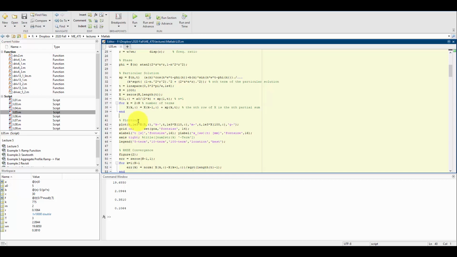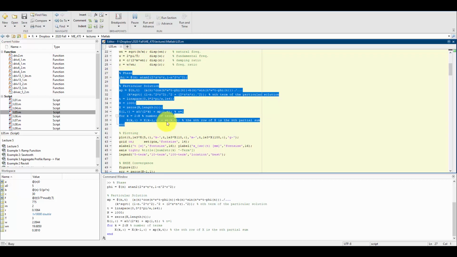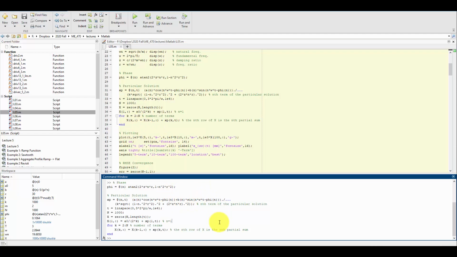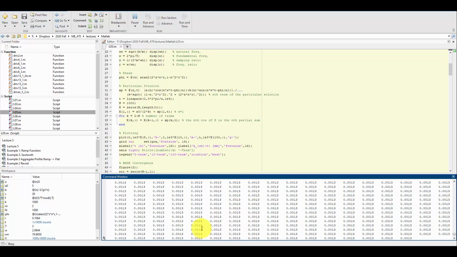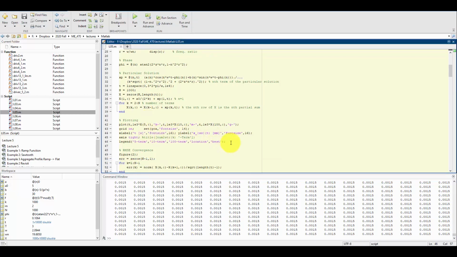Right, let me just run up till that point here. So I've computed big X here, and this is somewhat for demonstration purposes, but we also want to see the convergence. If I just print big X, well, it's a lot of terms there because each row is the nth partial sum and each column is a timestamp. So what I'm going to do is kind of like what I did for the Fourier series expansion. I'm going to plot my specific partial sums of this X. For here, I'm going to do 5 terms, 10 terms, 100 terms, just for demonstration. And we can see